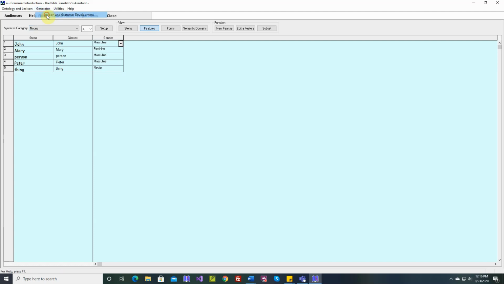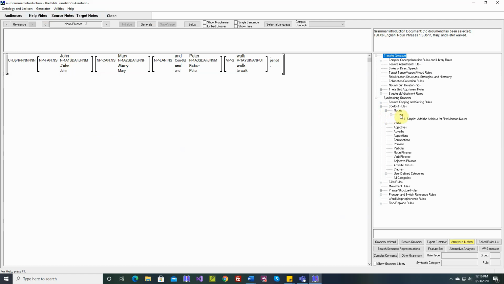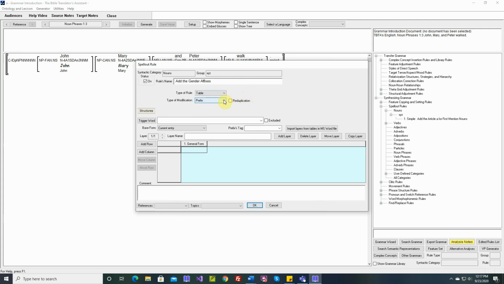And let's say, just for an example, that we need a morpheme, let's say a prefix, on every noun to indicate its gender. So we can write a table spellout rule for that. We'll do this for nouns. Add the gender affixes. So this will be a table spellout rule, and we'll make this a prefix for now. It'll begin with the current entry, the layer's name. These tables can have up to 50 layers, and each layer needs a name. We'll call this